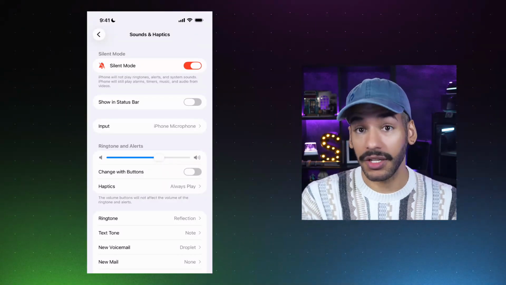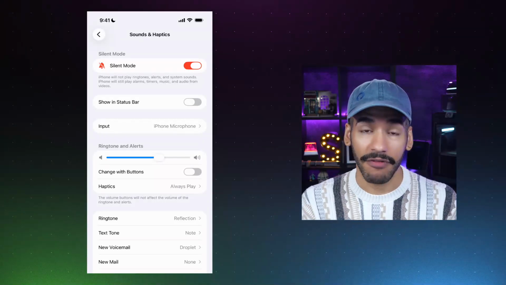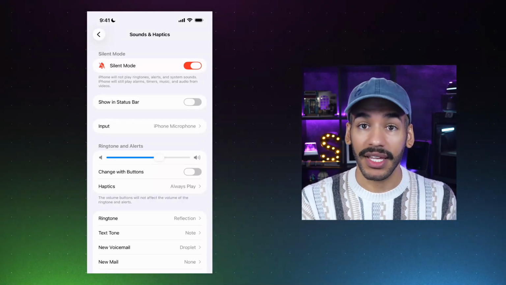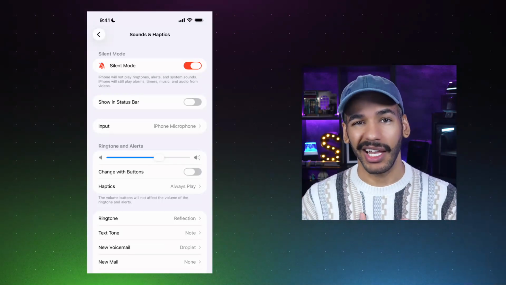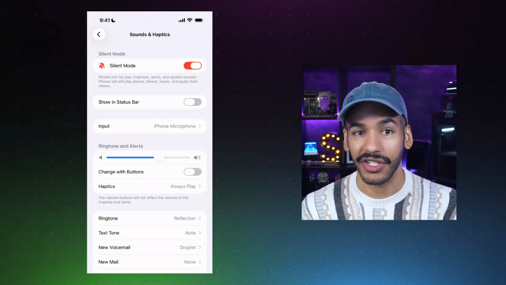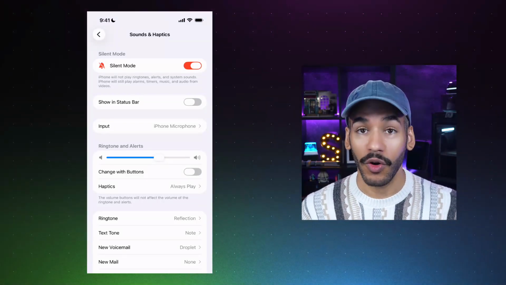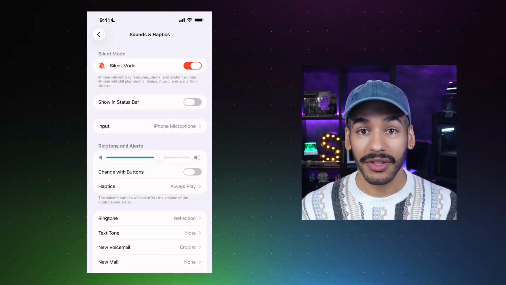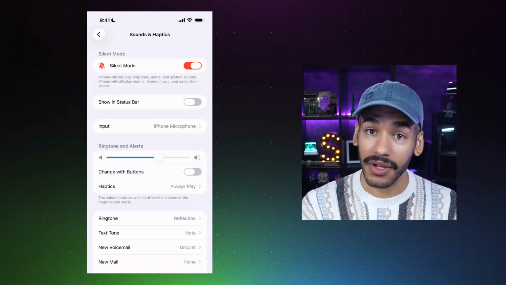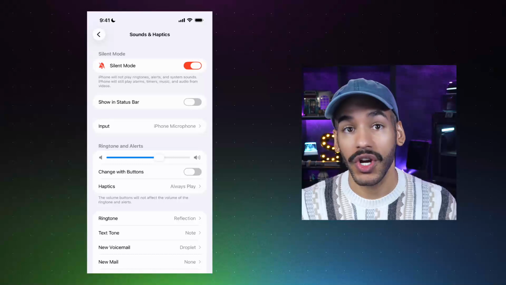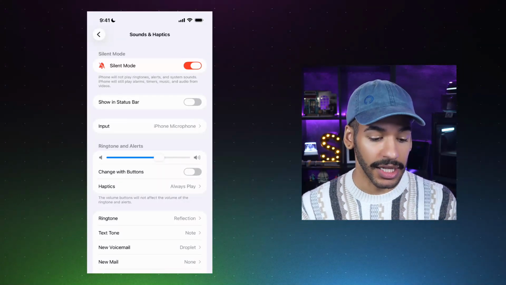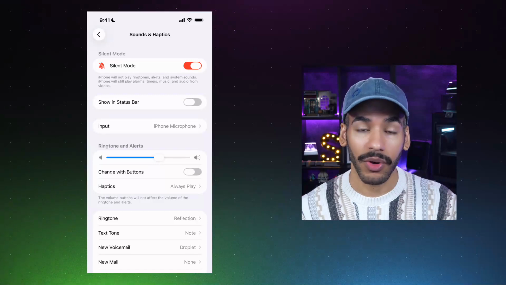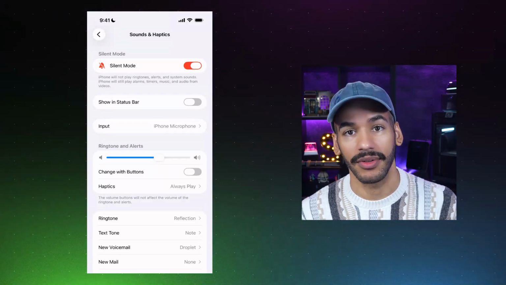First and foremost, particularly on newer devices that no longer have that little switch on the side, this is one of the places you can go to turn on silent mode. I happen to have silent mode turned on at all times. It is just a way to keep the phone from making noise throughout the day. I just get vibrations on my phone and on my watch, unless there's special notifications that need to make sound. So silent mode just makes it so that it does not play ringtones and alerts and system sounds throughout the